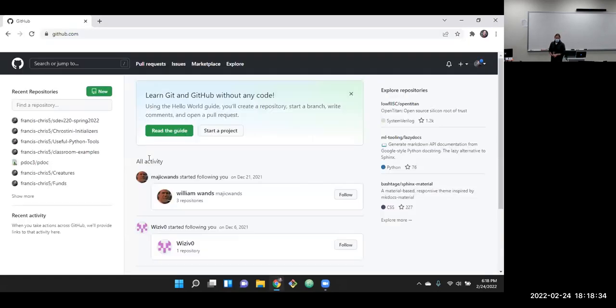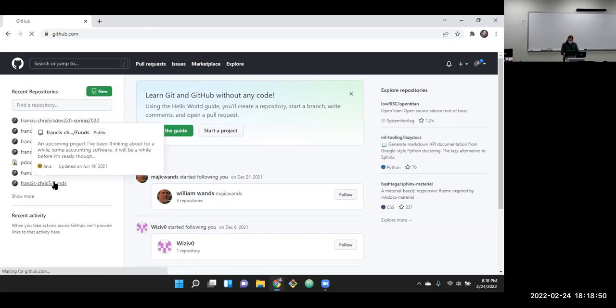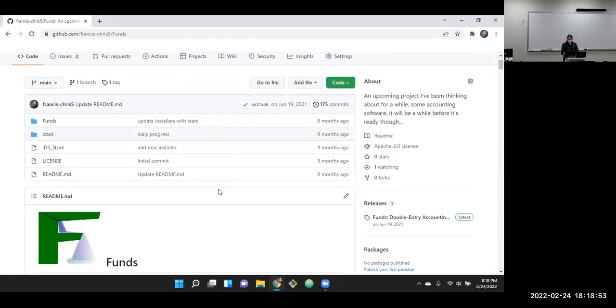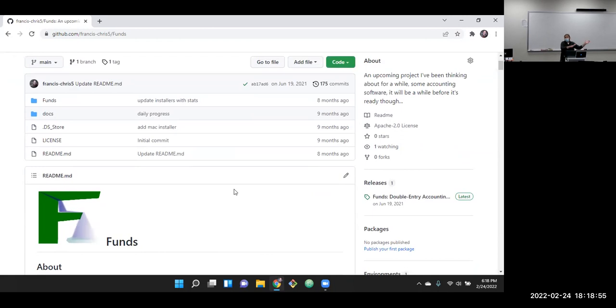Sorry about the change. So GitHub is a tool, a repository. CNET is another very, very popular one you may have heard of. But there's lots of repositories out there. They do certain things, like they're set up for this. Here's one. Most of my stuff when it's ready for release, I move it off GitHub. GitHub is where the working versions are. But this is one where I got tired of spreadsheets, so I made some custom software to do double entry accounting.